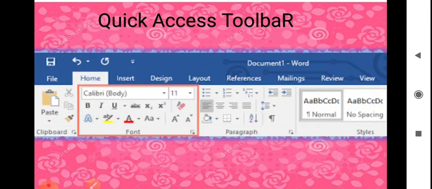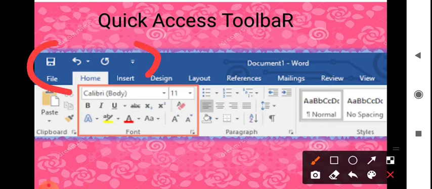Now, this is a quick access toolbar. Here basically the common default tools are save, undo, redo. These are the common things here. But if you want to customize it, you can customize it by this arrow. Customize means, if you want to add many more tools to that quick access toolbar, you can add them with the help of that arrow. Correct? Now quick access toolbar means what? It does our work quickly. That's why it is quick access.